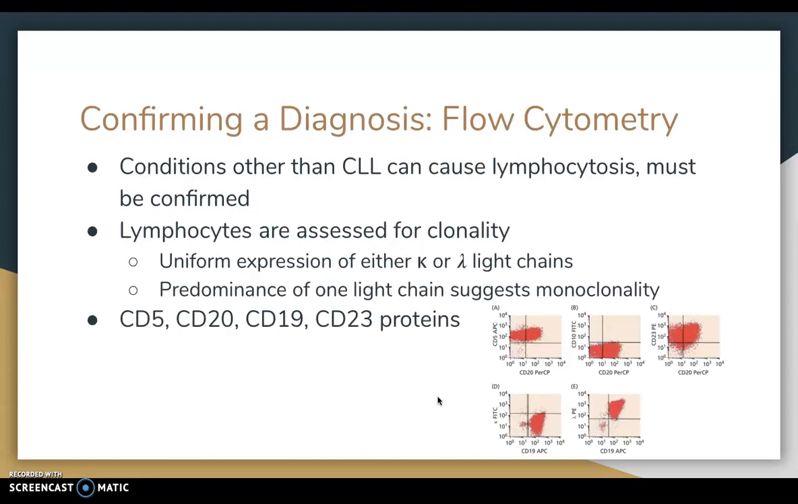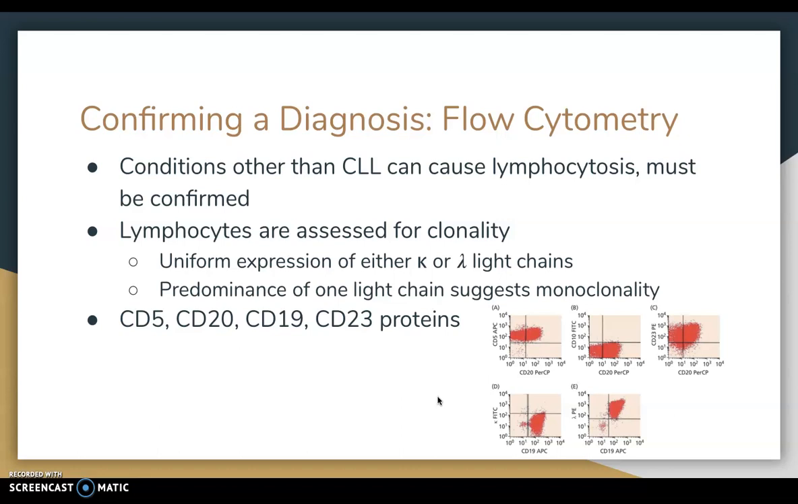And flow cytometry is usually the go-to method when confirming CLL. You do need to confirm CLL cases because other conditions, such as infections, hyperthyroidism, and reactions, can also cause lymphocytosis. And in doing flow cytometry, a diagnosis of CLL would require at least 5,000 clonal lymphocytes